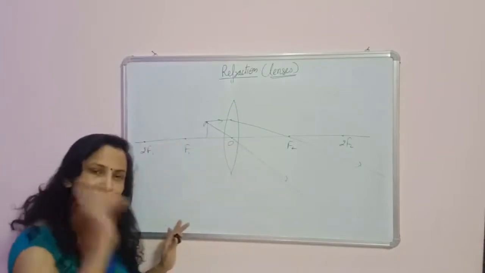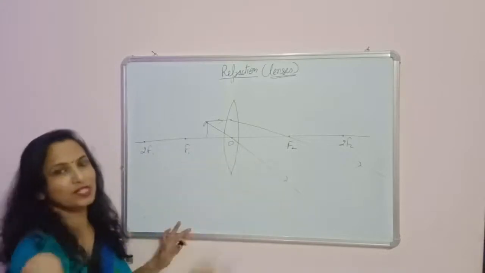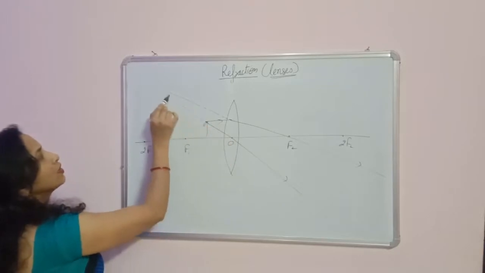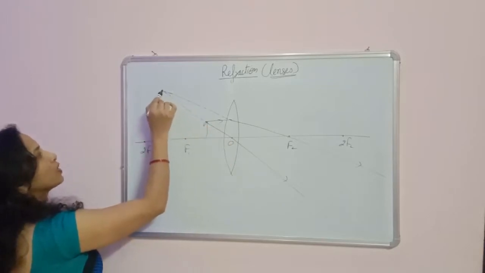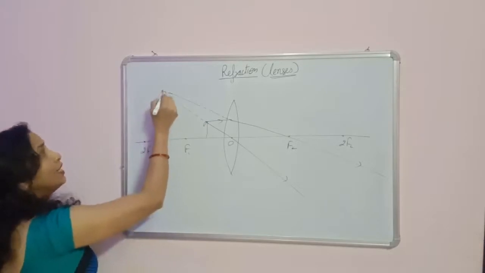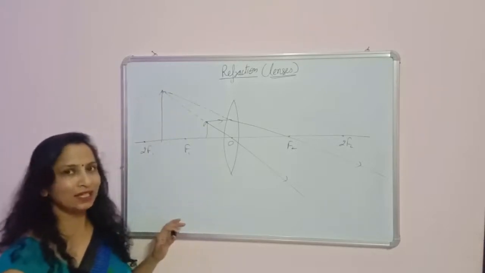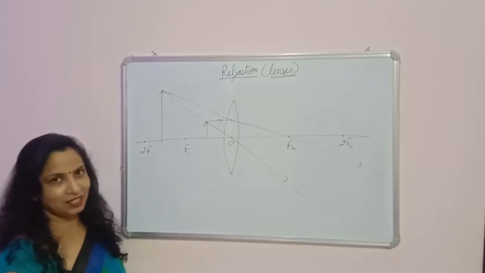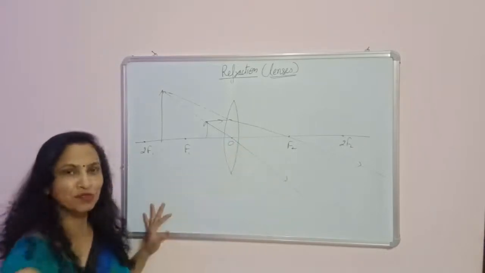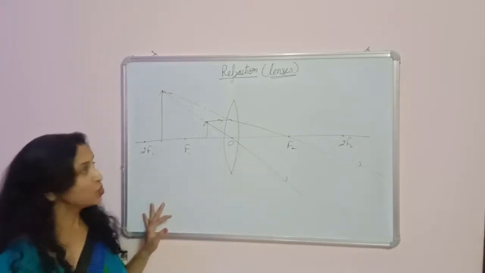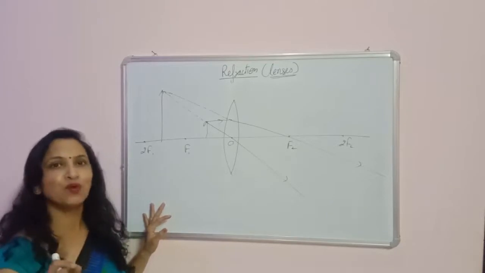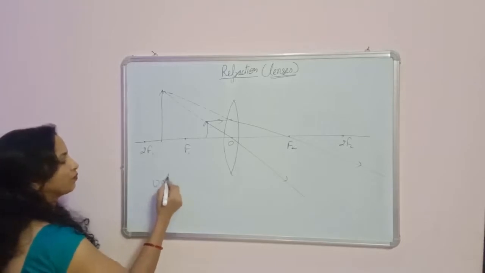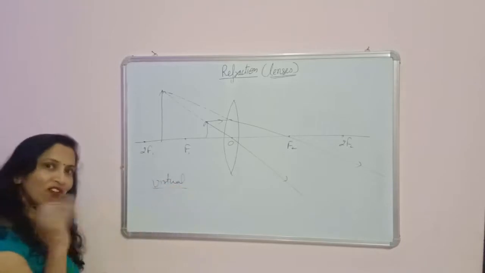So they will not meet at any point towards the right-hand side. It will appear to meet beyond the object, like this. It appears that the light rays are meeting behind the lens, which means towards the object side. Since the light rays are not actually meeting at a point, we say it is a virtual image. This is the only condition where the lens forms a virtual image. So we can write the nature of the image: it is virtual. And since a virtual image is always erect,